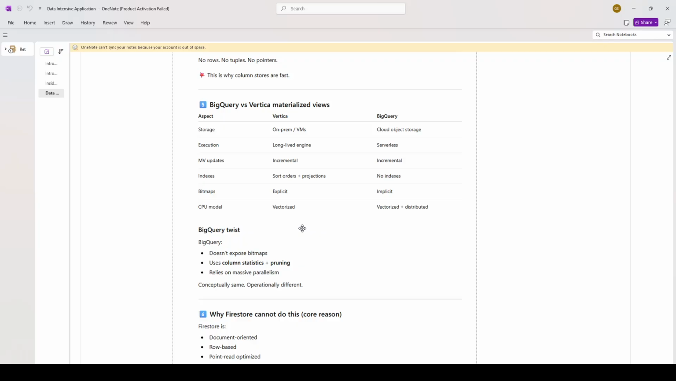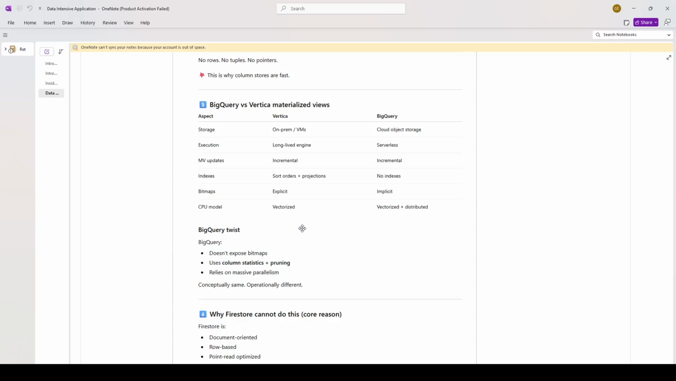However, the MV updates for both are the same, incremental. Execution is a long-lived engine for Vertica, because those materialized views are already on the disk, while in BigQuery it's serverless. So we update by state, just like with Redux, and we batch the write to it, right? Because we can't update the